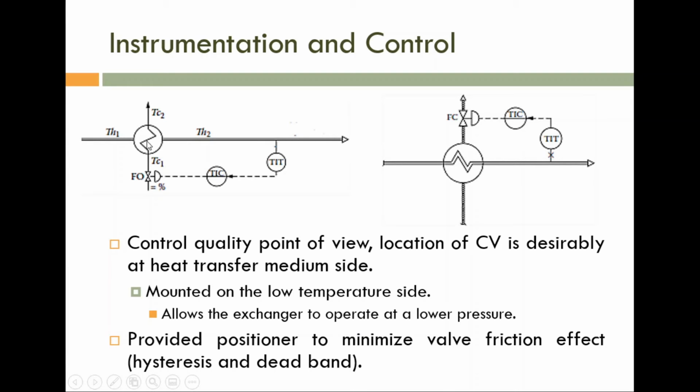Second thing, in a distillation tower, you have seen that the temperature of the feed must be maintained between the bubble point and the dew point. And second, the feed flow rate must be maintained constant. So if you are feeding this process medium to a distillation tower, then the flow rate of the process medium must be maintained constant. We have to consider a number of situations. Considering all these things, we can't manipulate the flow rate of the process medium to change the temperature. That is not possible.